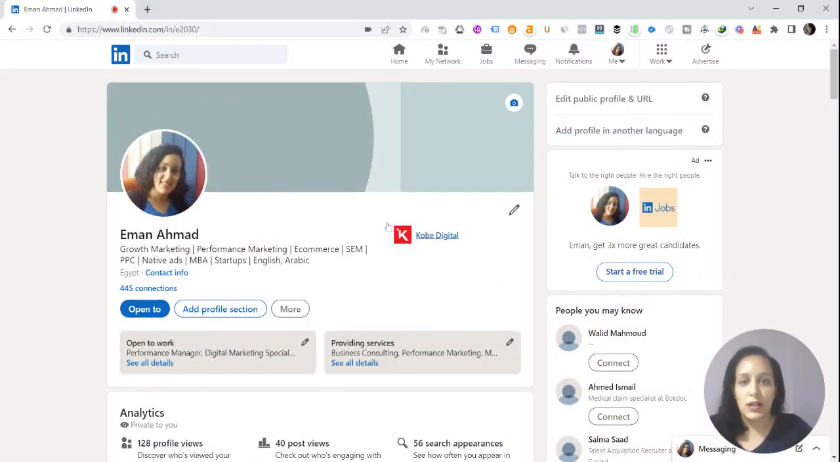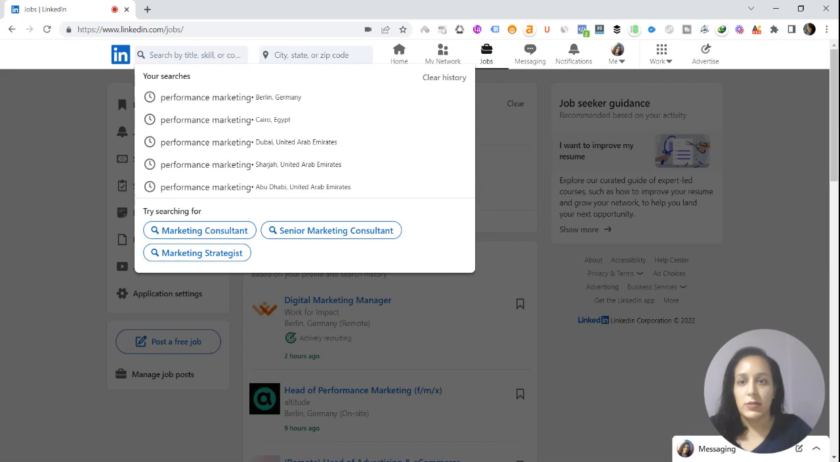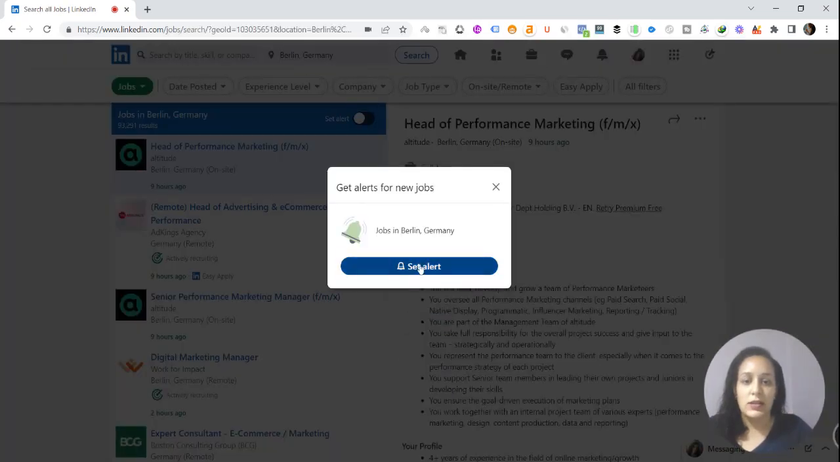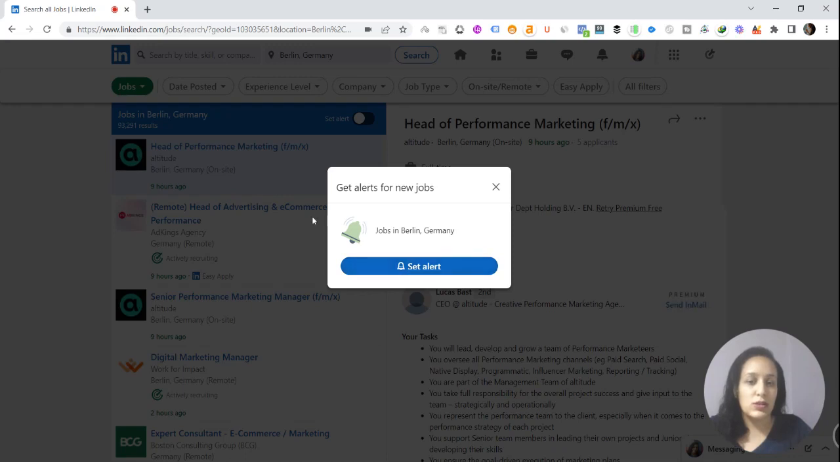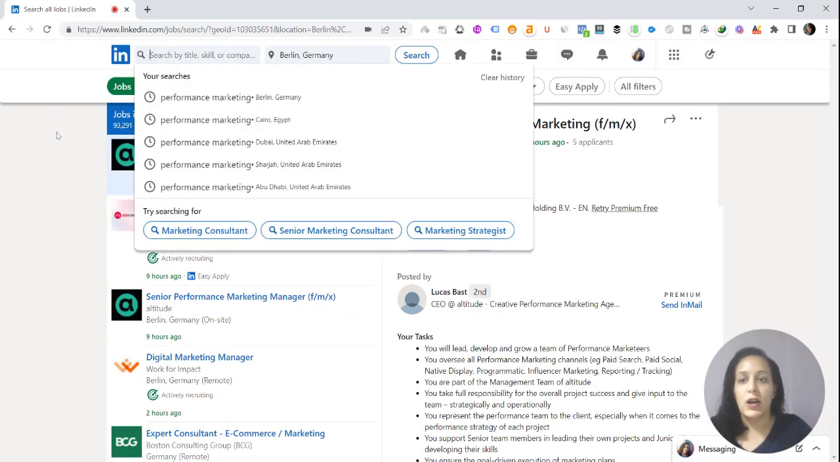After you've done that, the second thing is to go to jobs at the top and then type in the box. You will type the city, which is Berlin. And if you want to set an alert so you can get an email and a notification for all the jobs that come up in Berlin, you can set that, or you can just ignore it and